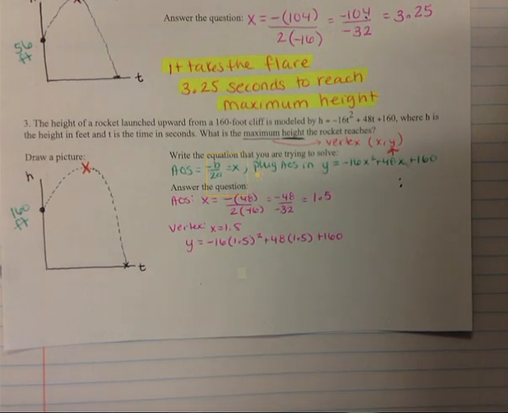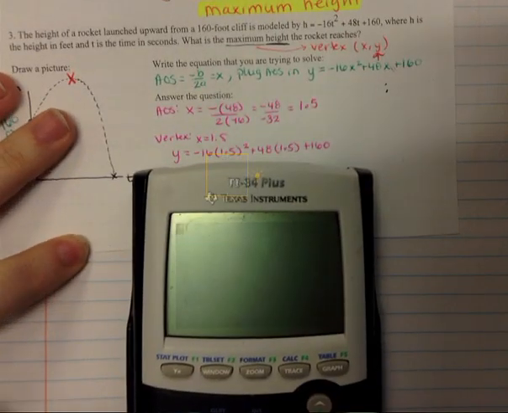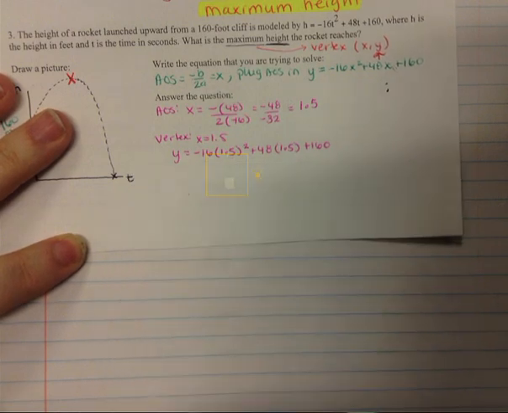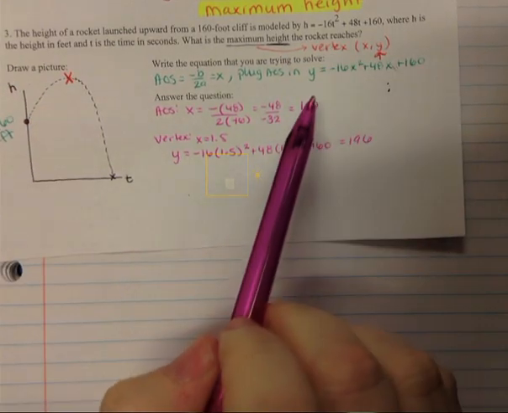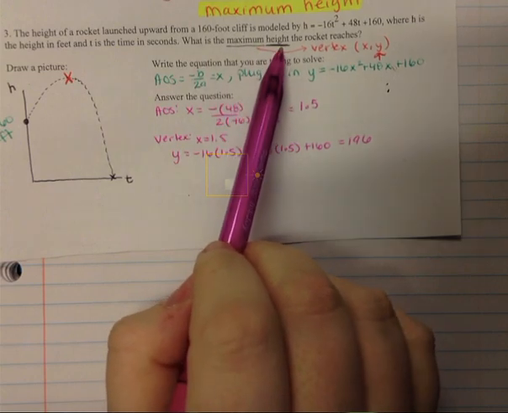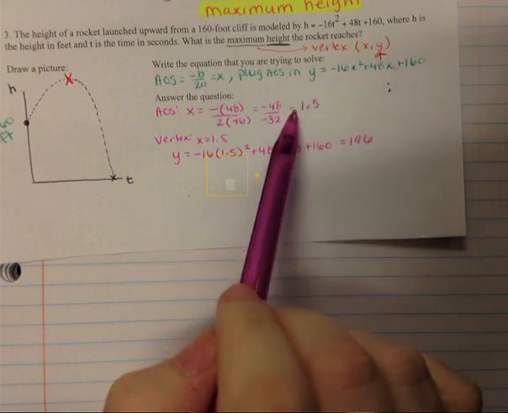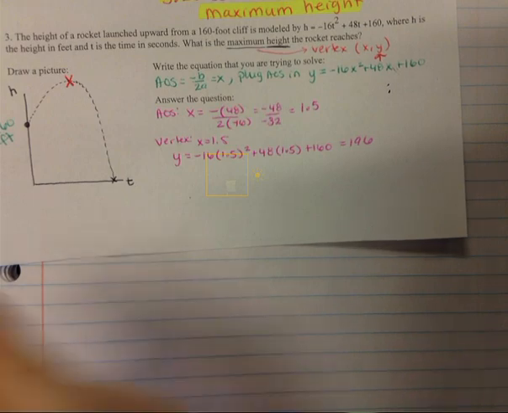So if we use our calculator for that, I'm just going to plug that into my calculator to get a value. So we have negative 16 parentheses 1.5 squared plus 48 parentheses 1.5 and then plus 160. We get 196. So this is equal to 196. Now again, the question was asking what is the maximum height. So we're really just asking for the y value of the vertex, not the x, just the y. We had to find the x to find the y, but so our answer to answer the question